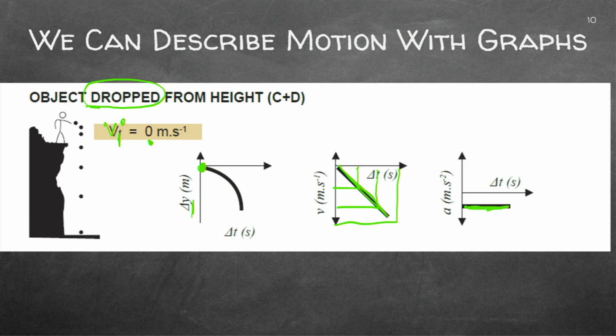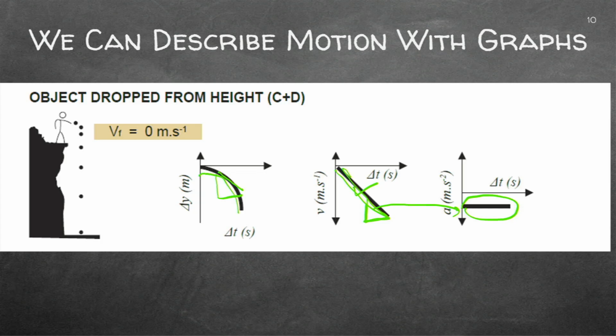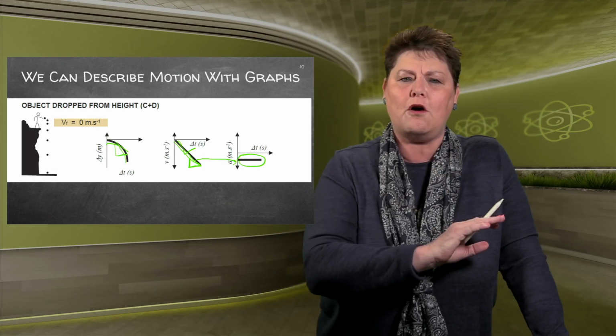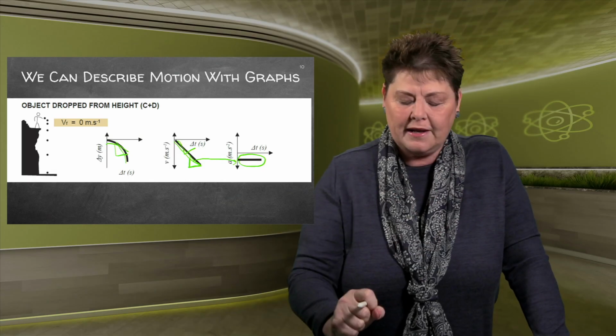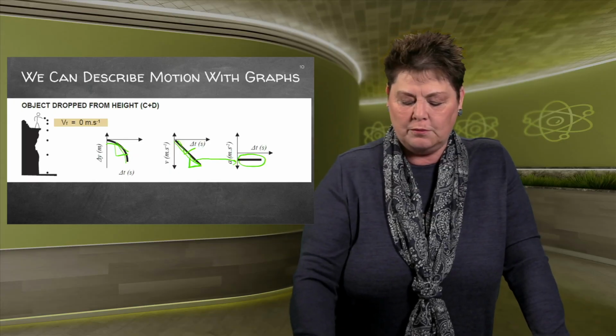Now, let me quickly go back to this and revise. The slope of this one would give me this one. And the slope of this graph will give me that one. And can you see why this is negative? Because this has got a negative slope. Can you see why this one is negative? Because it's going down in that direction. Make sure that you've got all your velocity graph theory up, really going when you do vertical projectiles.